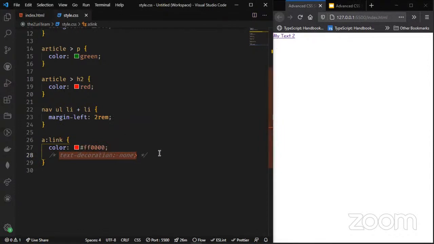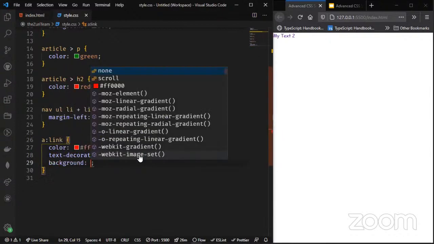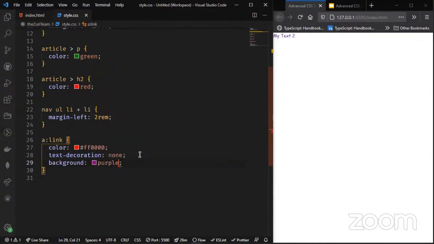So when we use our pseudo-classes, which is the link we are talking about, to style this, then text decoration none will take the underline off. Then we can style to our taste. We can still add a background if we want. Background to be, okay, purple. You can see that our background now is purple. Let me make this